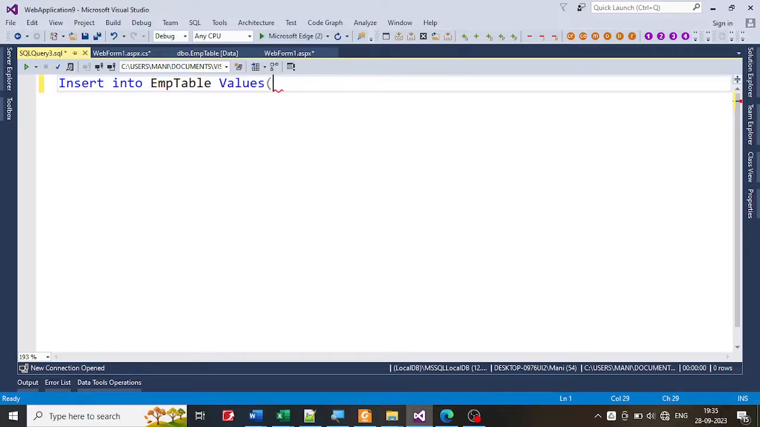What is the first value? First value is 103, and the name is Suresh. What else here? Department is, let's say, physics. And 25,000 is the salary. Let me put the semicolon. Okay, that's done. Select it,